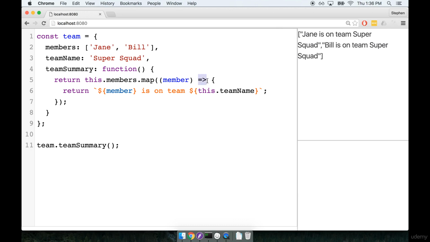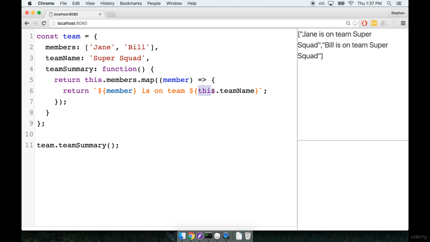Fat arrow functions make use of what is called lexical this. The term lexical this is a super fancy term that is way more complicated sounding than it actually needs to be. Let's break that down into two separate words. The word lexical means the placement of this term depends on how it's interpreted or how it's evaluated.